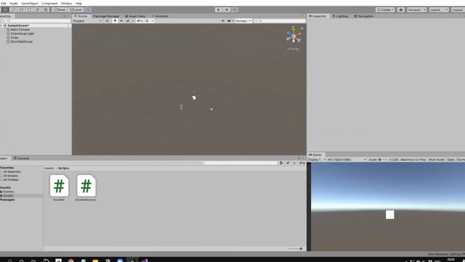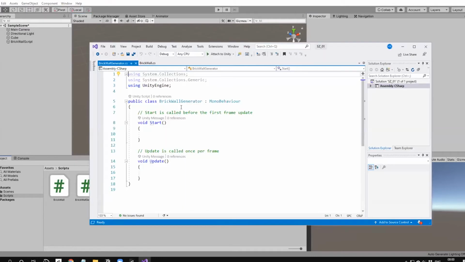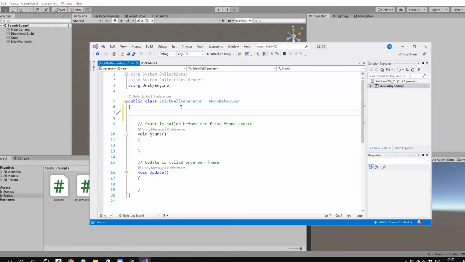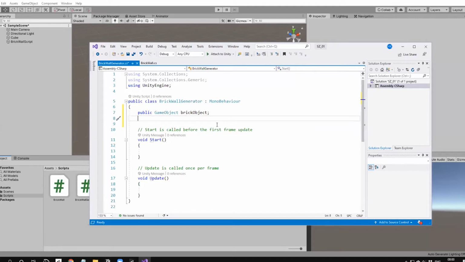So here, let's start with instantiate, that is how to create the object from the script. So probably game object. I'm not the best typer, so I think you can follow. And in the start, because we're going to generate only once, we're not going to update this time. So in the start,